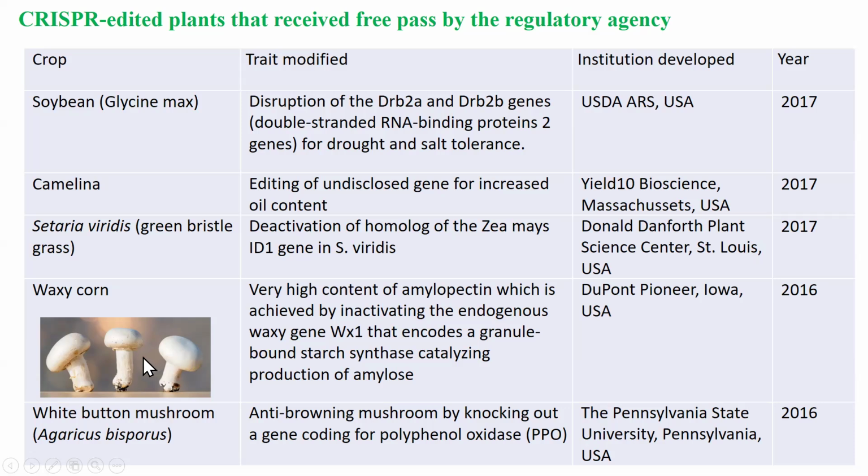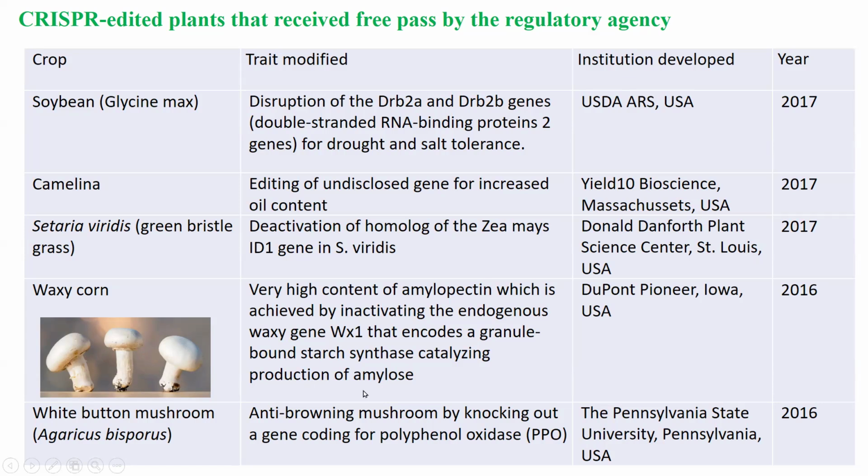If you cut it, it becomes brown, like your apple, due to the polyphenol oxidase enzyme. So he knocked out the gene coding for polyphenol oxidase in the mushroom genome, and the mushroom, even after cooking,